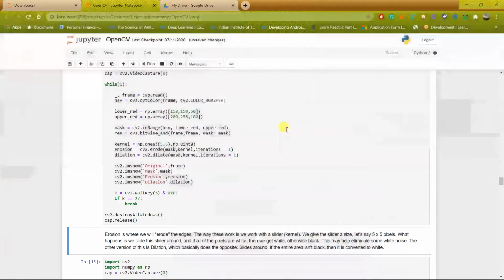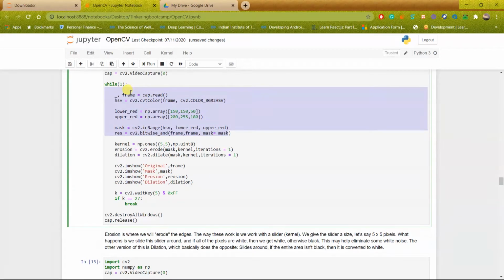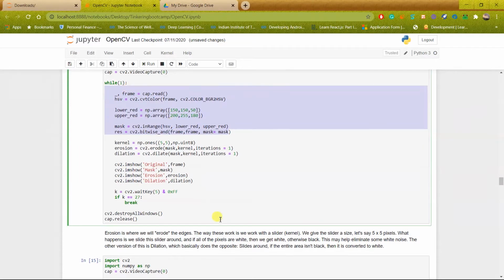I hope you understood this. So now I will explain to you the syntax. Basically, up to here it is the same as we did for the previous color filtering examples.